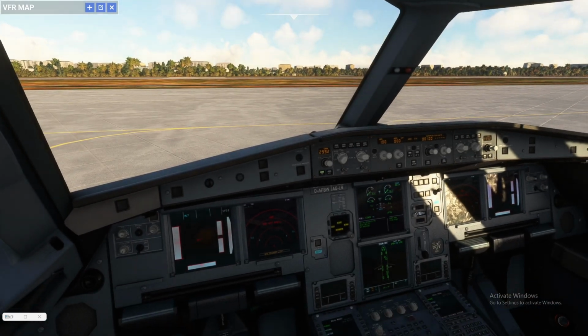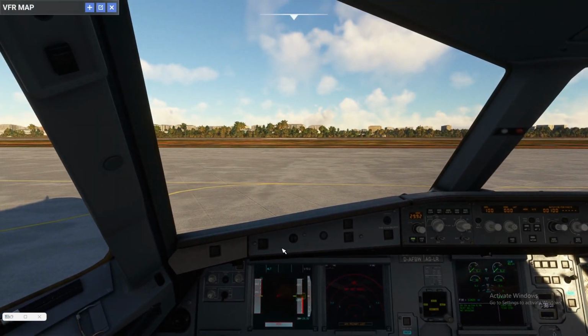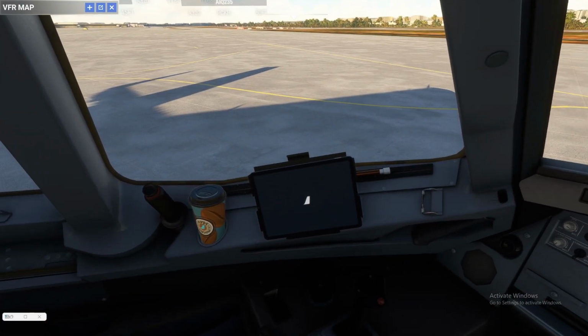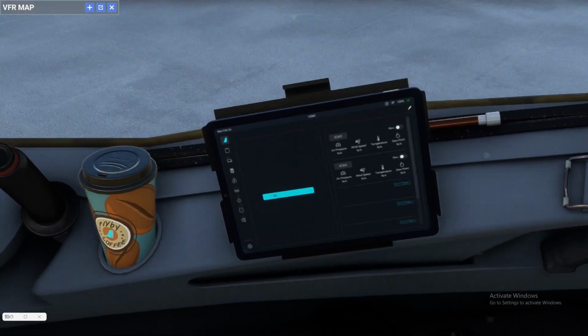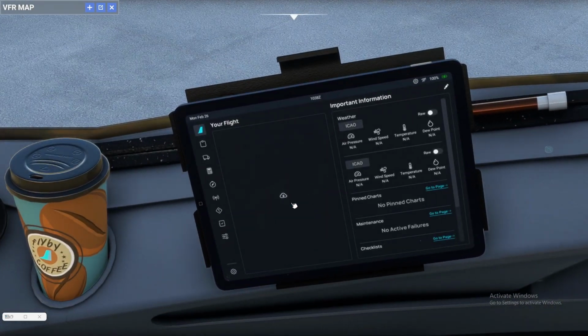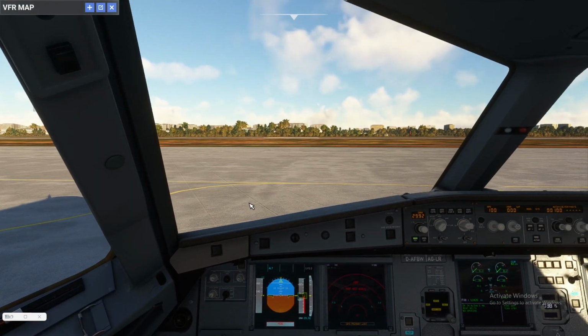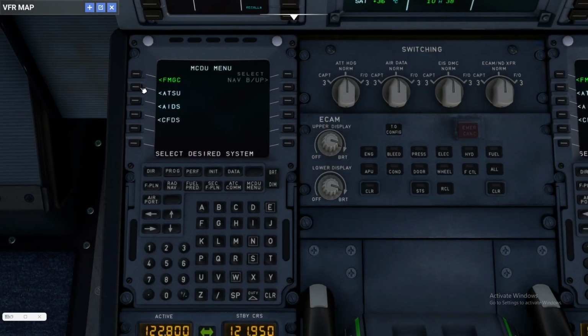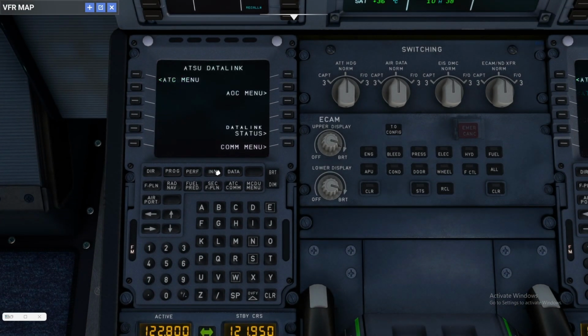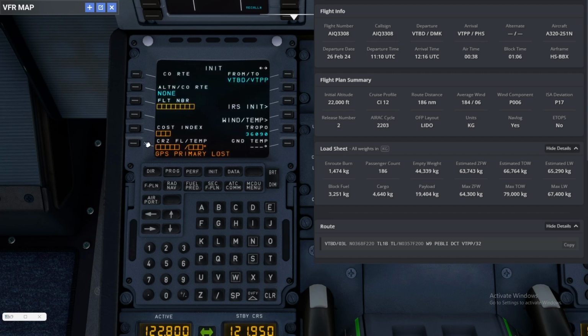So our screen brightness is set, so we're just gonna start with the MCDU. But before that, we need to know our cost index, because I accidentally used the wrong flight plan for the last one. So our cost index is 12 this time, and we will be cruising at flight level 220. We're gonna be using the necessary setup today. So today is Alpha India Quebec 3308,